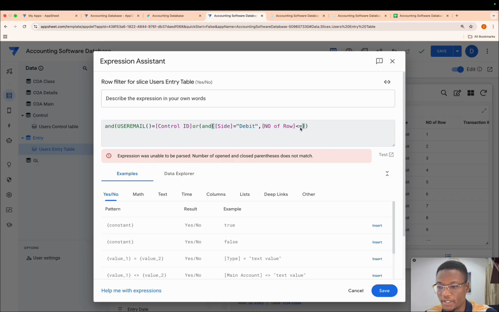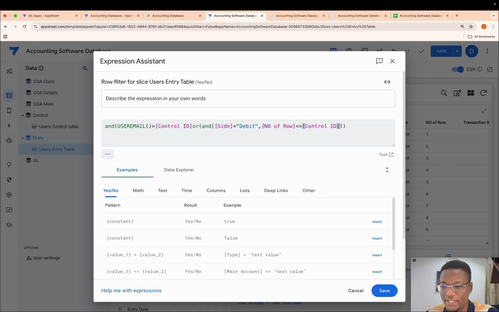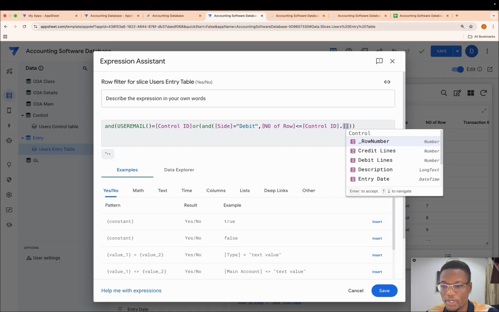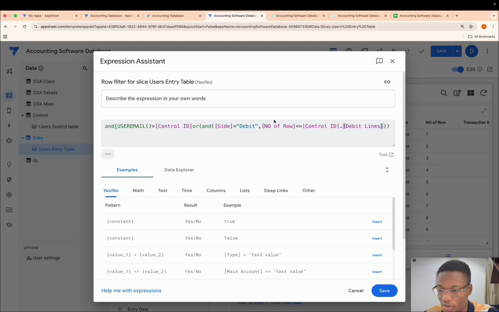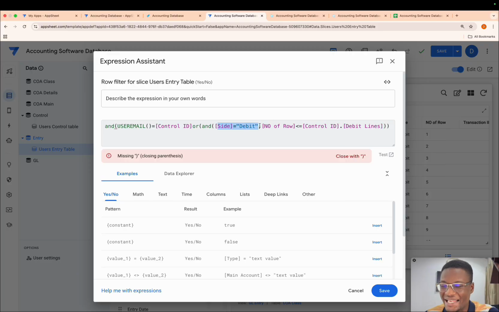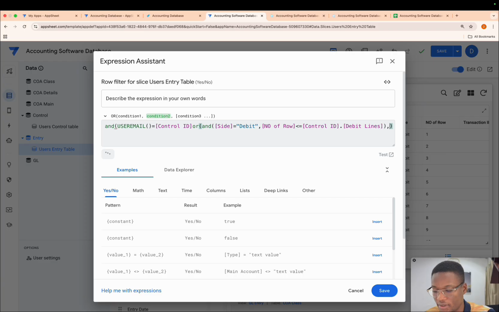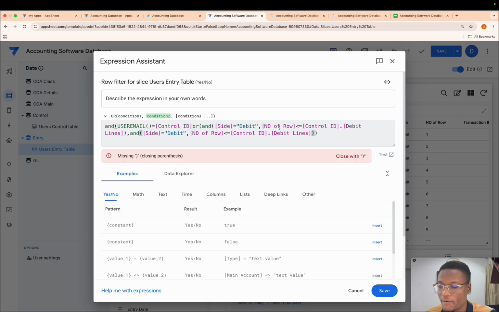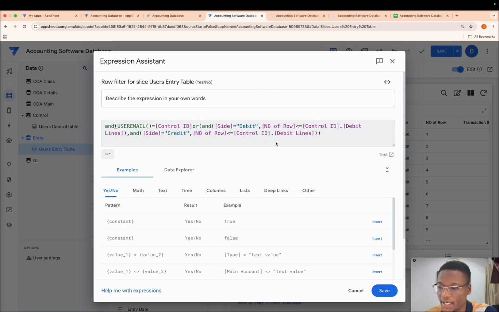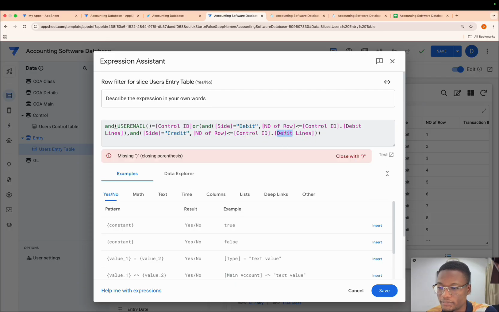We're going to bring a square bracket over here, control ID dot open brackets debit lines. So this one says, one, the side is debit and the number of rows is less than or equal to the debit lines that have been set in the control table. Right? Good. We're going to copy this, bring a comma here, and paste this over here. So this is now going to be credits, and then this is going to be credit lines.